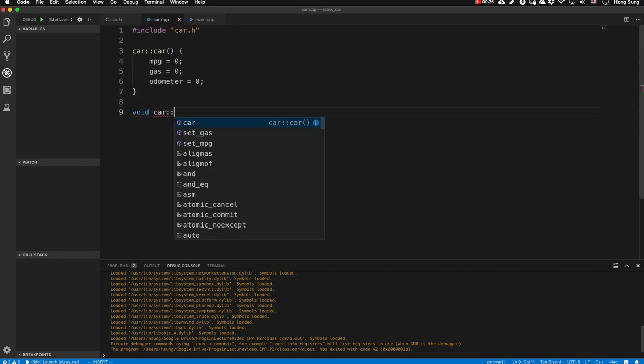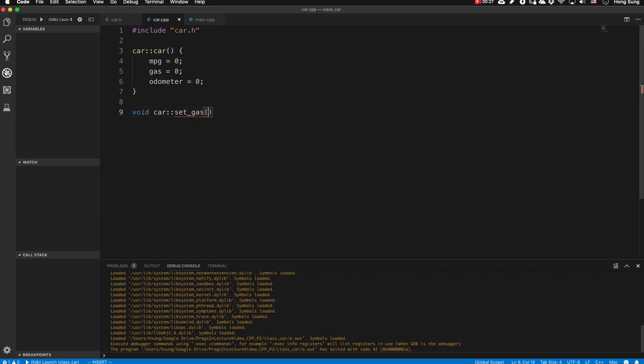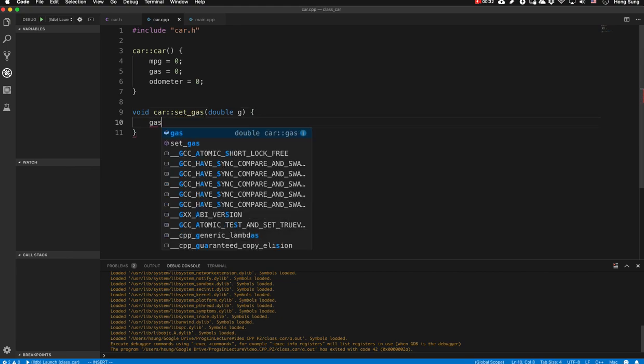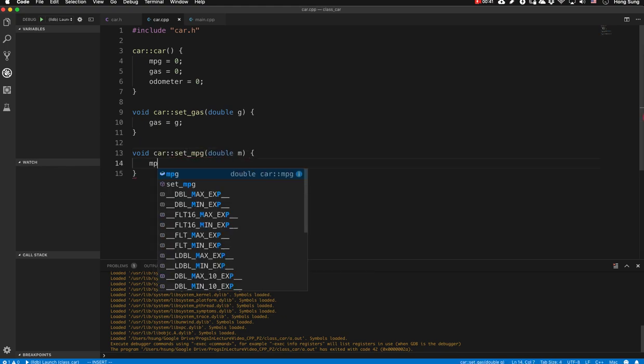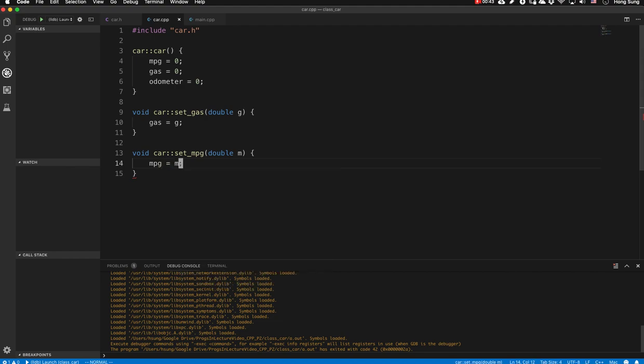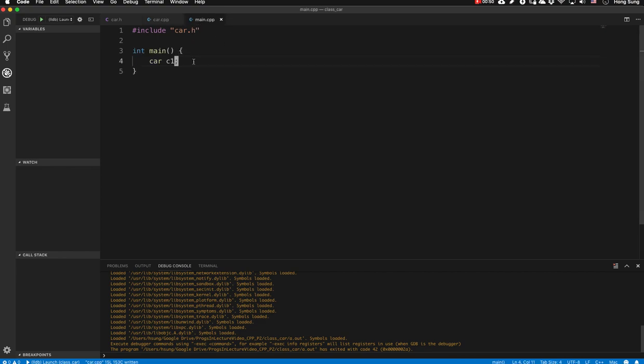Void Car class name, setGas, double G as gas is coming, then the gas member is updated. Similarly, setMpg, the miles per gallon value is set to the mpg member of the Car class. So if you call here c1.setGas with 10 gallons,